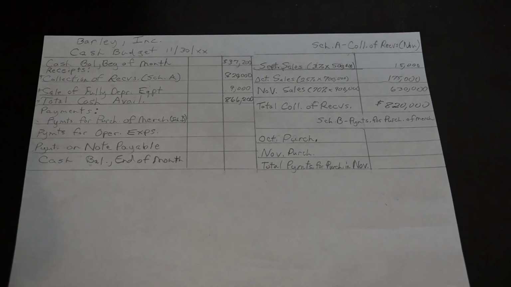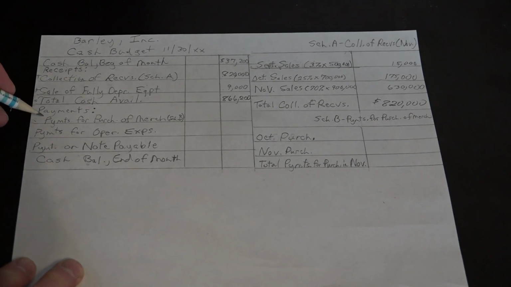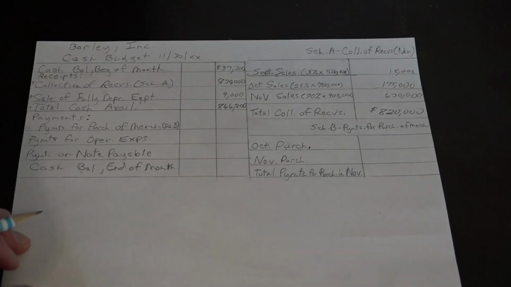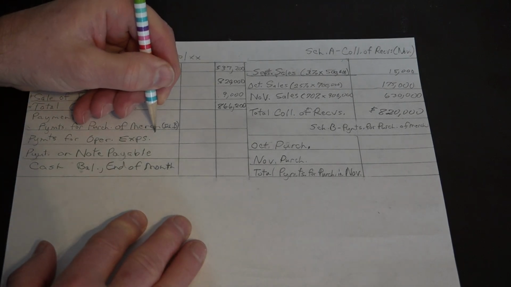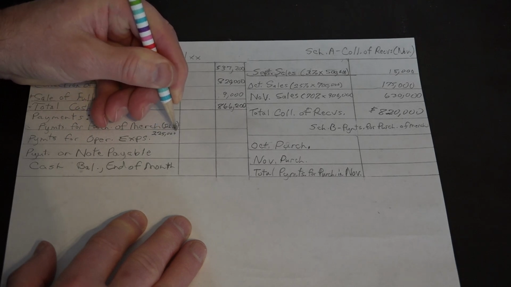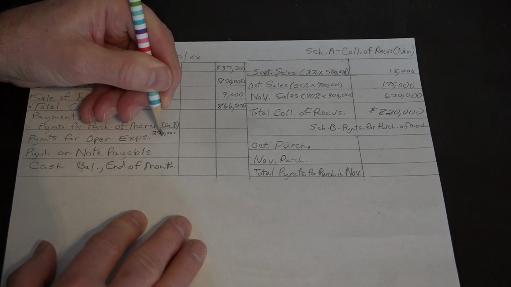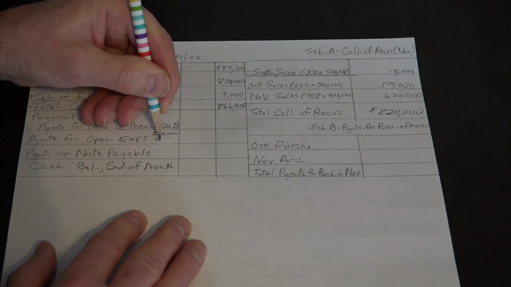Now, for our payments, the biggie is going to be this one: payments for purchases of merchandise. Payments for operating expenses is kind of a no-brainer. You simply take your $225,000 minus the 40,000